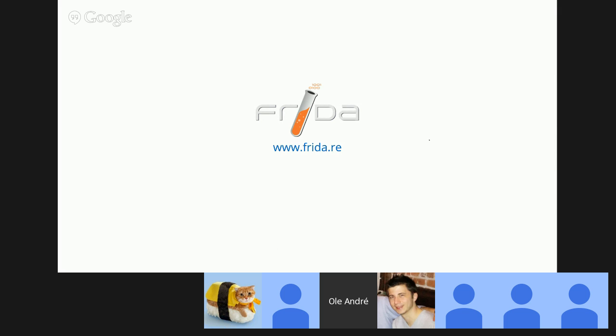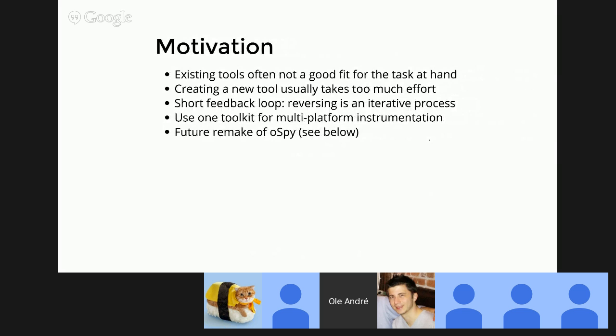All right. So most of you probably know a bit about Frida, but I'm just going to run quickly through how it started, or why it started. Basically, I've been doing a lot of reverse engineering, and very often there's this common thing: I would really like to have a tool for this, because I need to look at this particular API, or see what would happen if I do it like this. It's quite a lot of work to build a tool from scratch, and existing tools aren't really suitable for this, and I would like to have a really short feedback loop when doing this, because your understanding of the problem tends to evolve